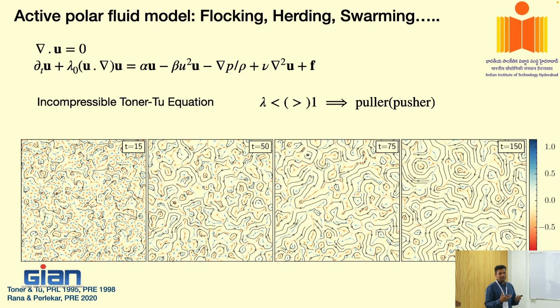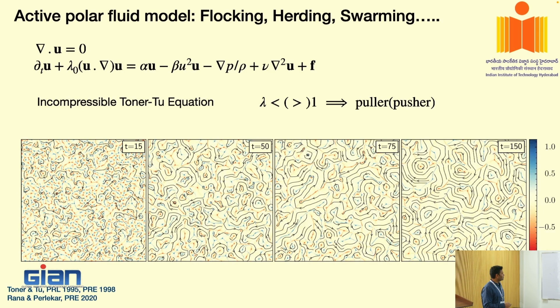To begin with, at the individual level there will be structures that start to form, but if you wait long enough, you will see that herd formation takes place. If you think about a bird flock or sheep herd or any school, that's how it happens. There is going to be a transient when you put things together, but eventually there is going to be a collective motion, and a big flocking kind of behavior is going to emerge, and that's what has been observed if you solve these equations.